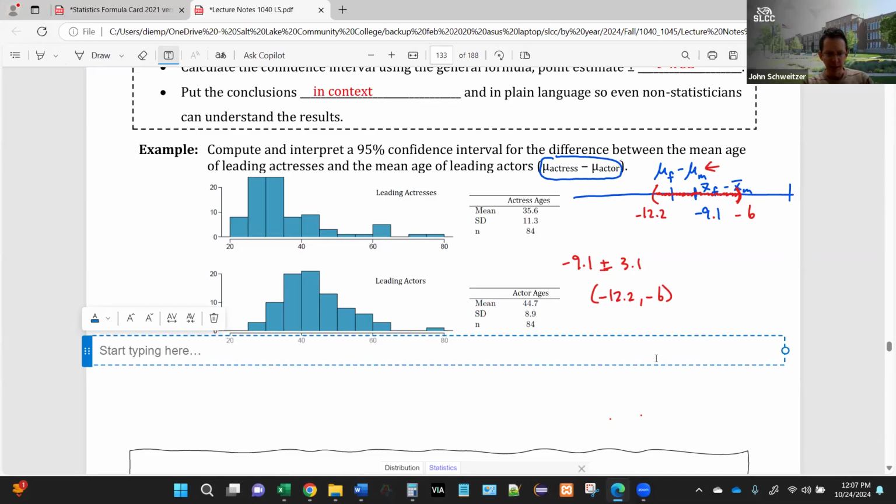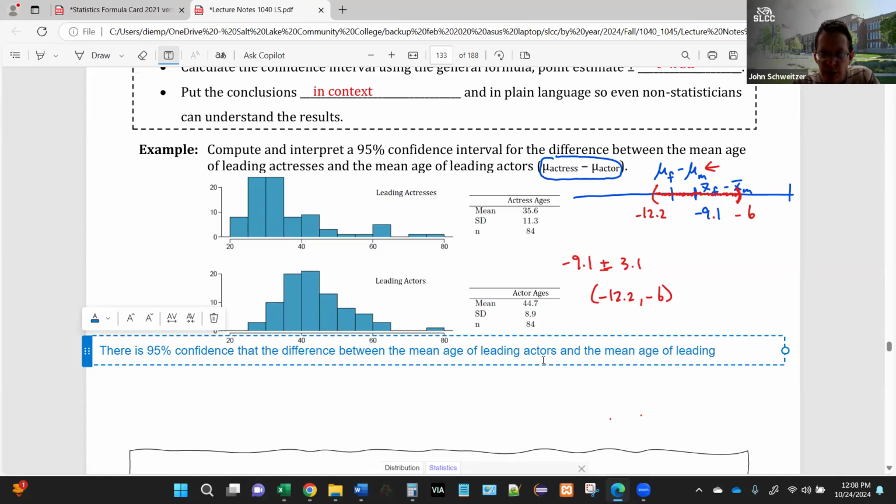So we would say we are 95% confident that the difference between the mean age of leading actors and the mean age of